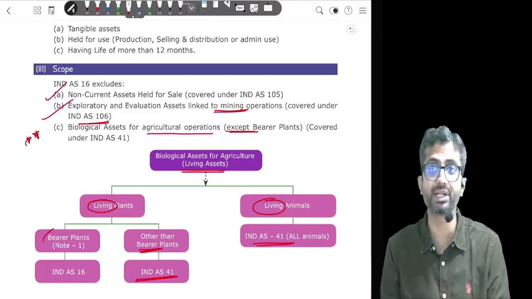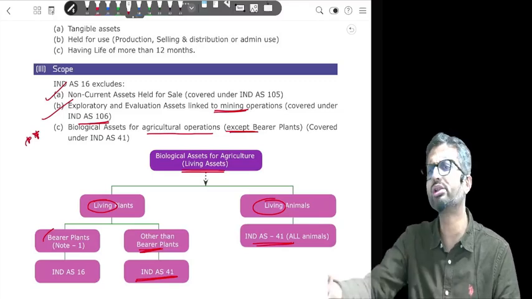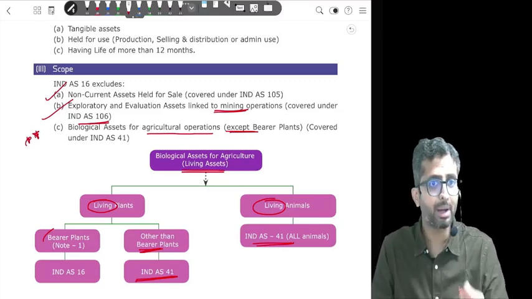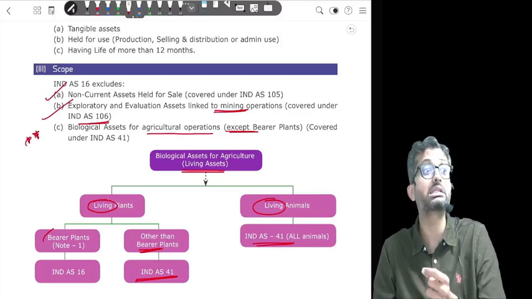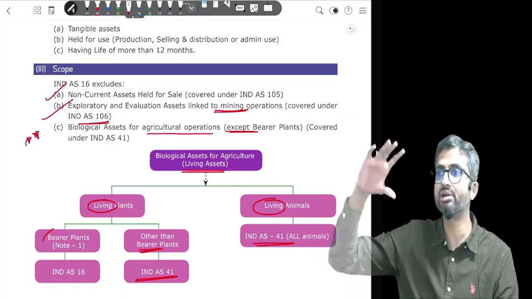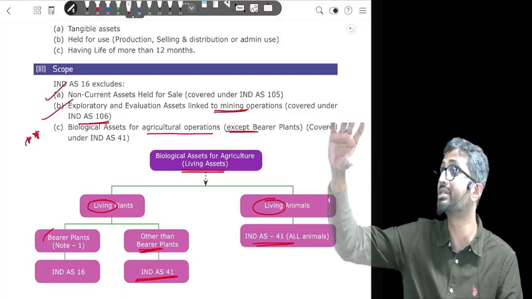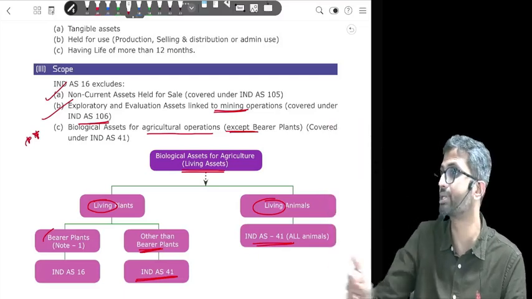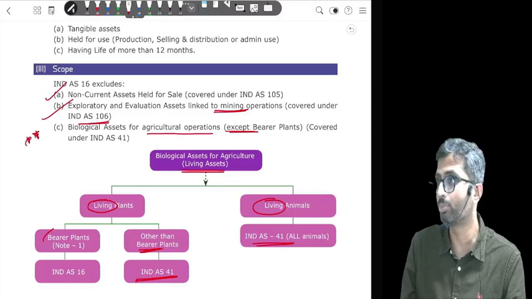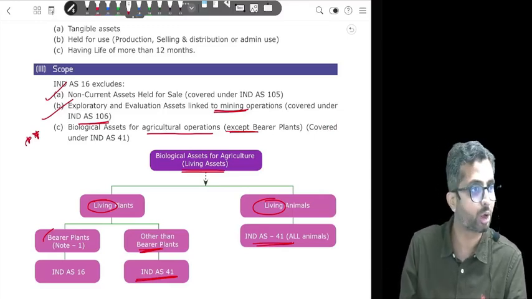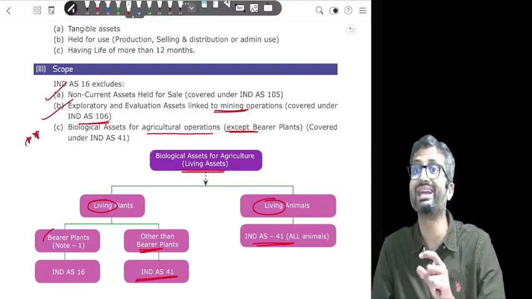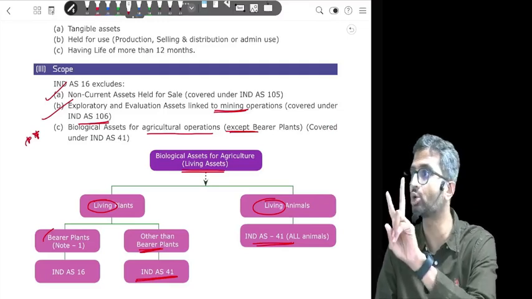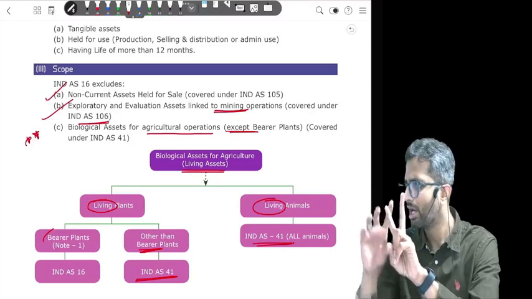Initial recognition happens at what? Cost. Now, what all should be included in cost? Will my purchase price be included in cost? The invoice price. But what if there are discounts? Should I, let's say 100 rupees is the MRP and 40 rupees is the discount. 60 rupees is what I'm paying. Should that 40 rupees be deducted while calculating cost? Yes, so my cost should be how much? 60, net of discounts. When there are discounts, there are 2 types of discounts. Which 2 types? Trade and cash.